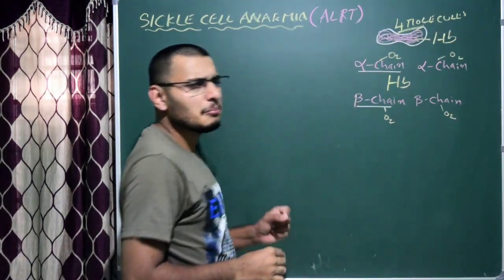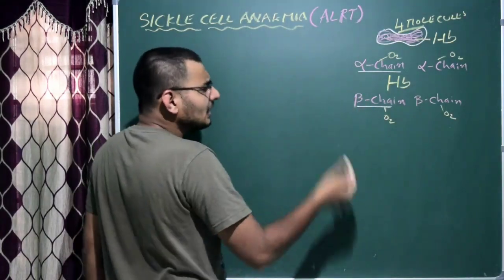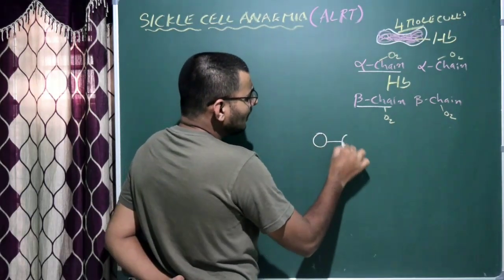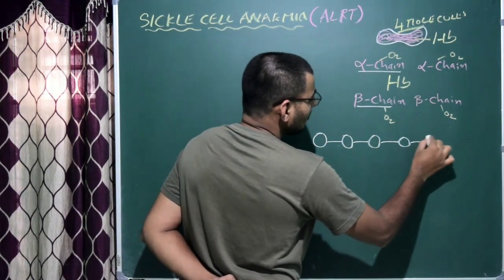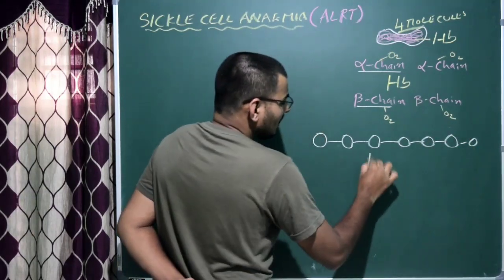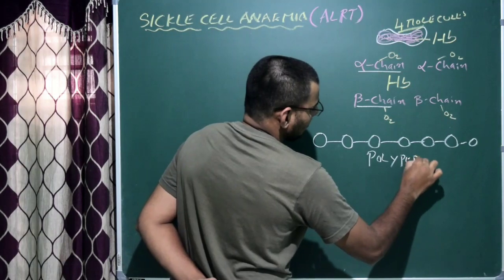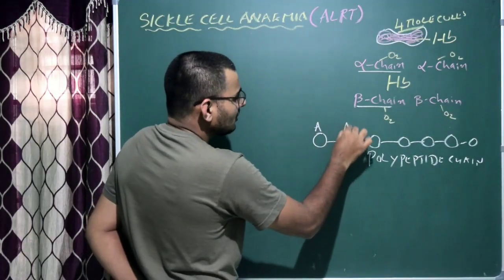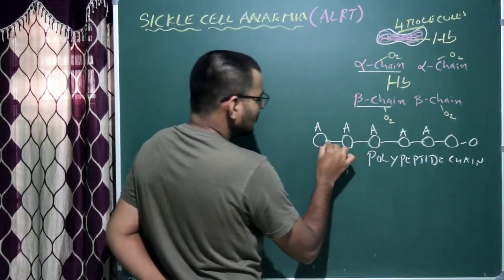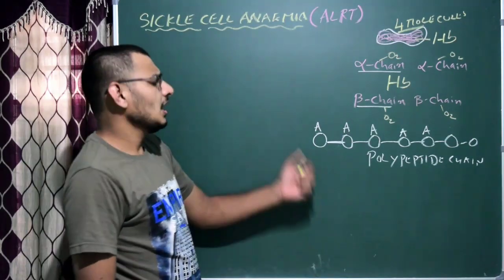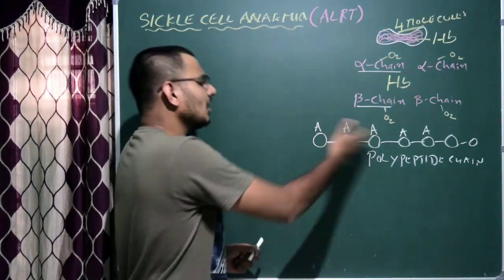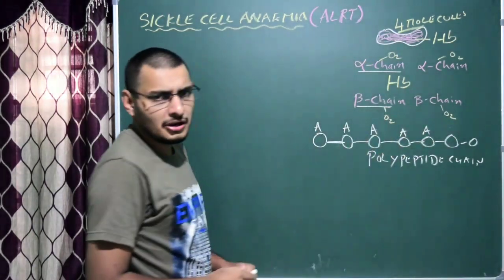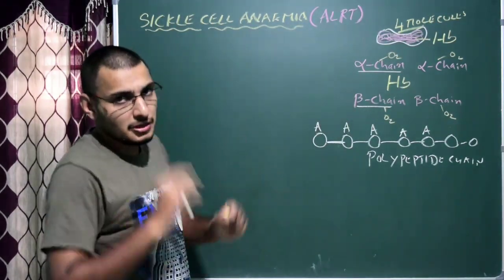they are synthesized by a particular type of gene, because the beta chain or alpha chain is nothing but a polypeptide chain. The polypeptide chain means many different types of amino acids linked together like this ultimately make a polypeptide chain. So we write polypeptide chain. Correct? This is one amino acid, this is another type of amino acid, like this. Each amino acid is linked by peptide linkage, and ultimately a polypeptide chain is produced. So we can compare this polypeptide chain to the beta chain or alpha chain, it doesn't matter. But when you look into the sequence of the amino acids, the alpha chain varies from the beta chain. This is very important to remember.